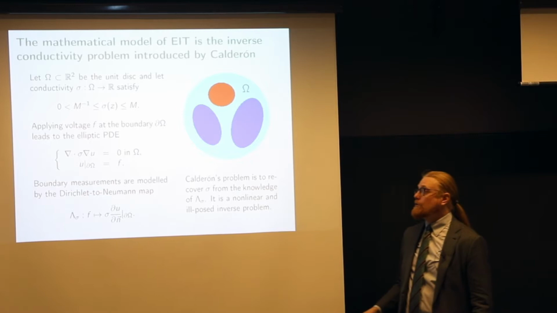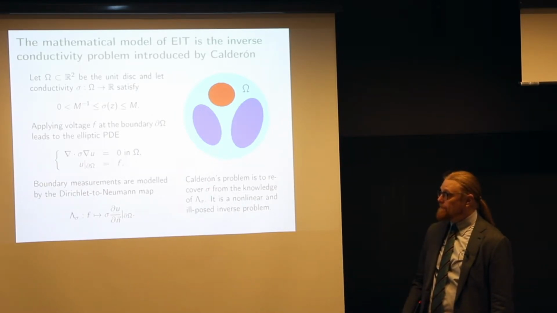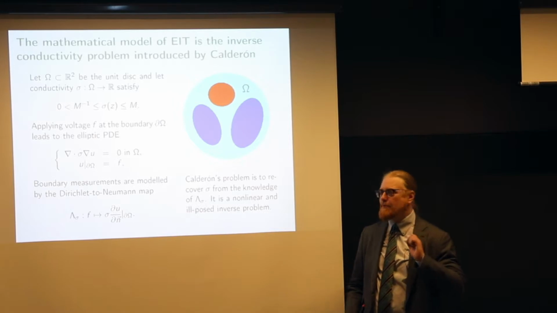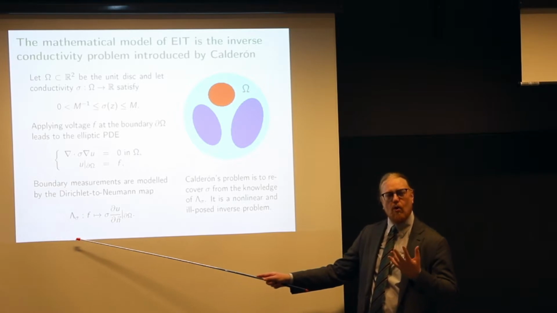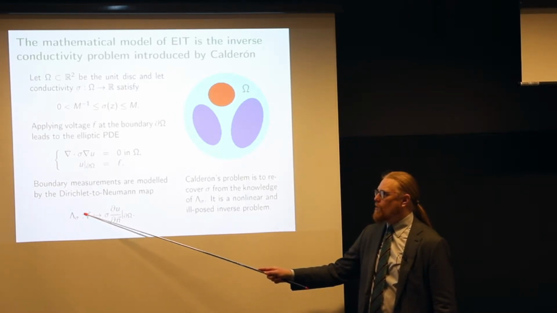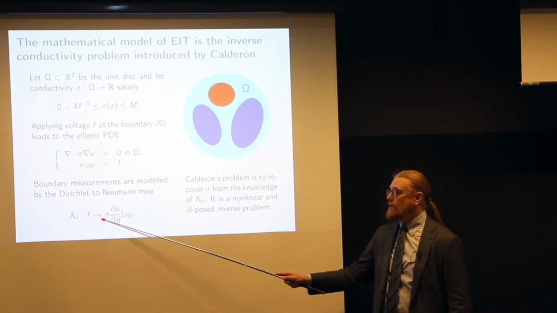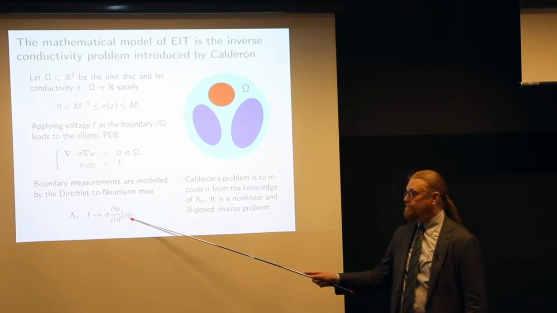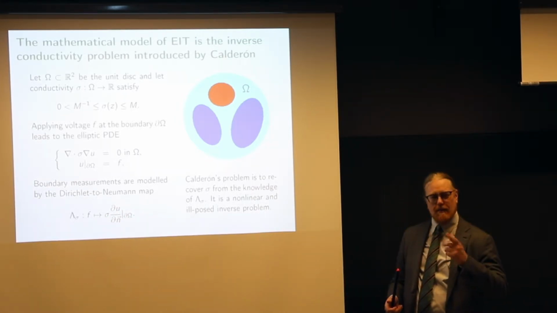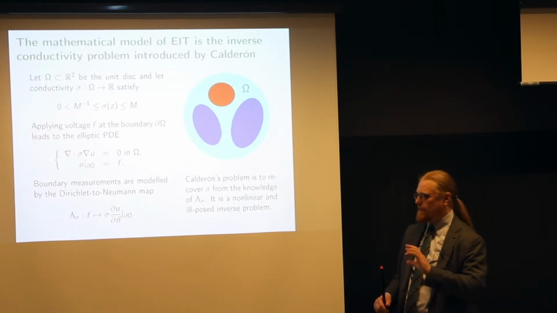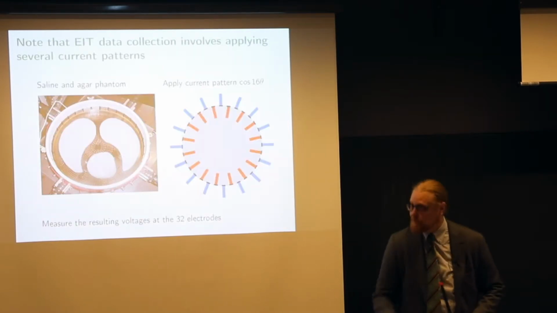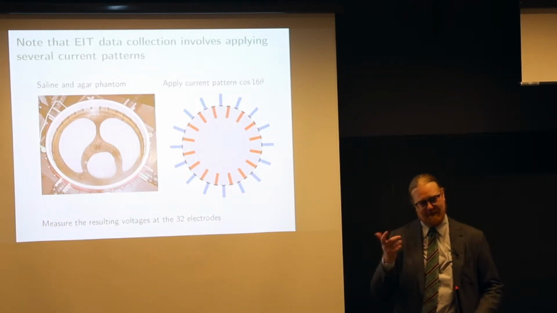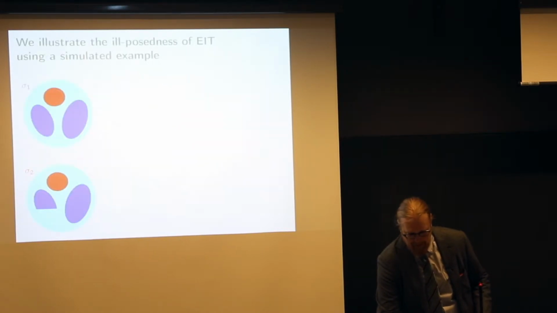So this is a mathematical model introduced by Alberto Calderon in 1980, and he made this precise mathematical question. If we know this operator, so this is a model for all possible measurements, so for any voltage distribution at the boundary, this operator tells us what is the electric current through the boundary. So it's rather interchangeable, feeding currents or applying voltages. The theoreticians want to apply voltages and measure currents. Practitioners want to feed currents, measure voltages. It's almost the same thing, not a big difference there. But let me just